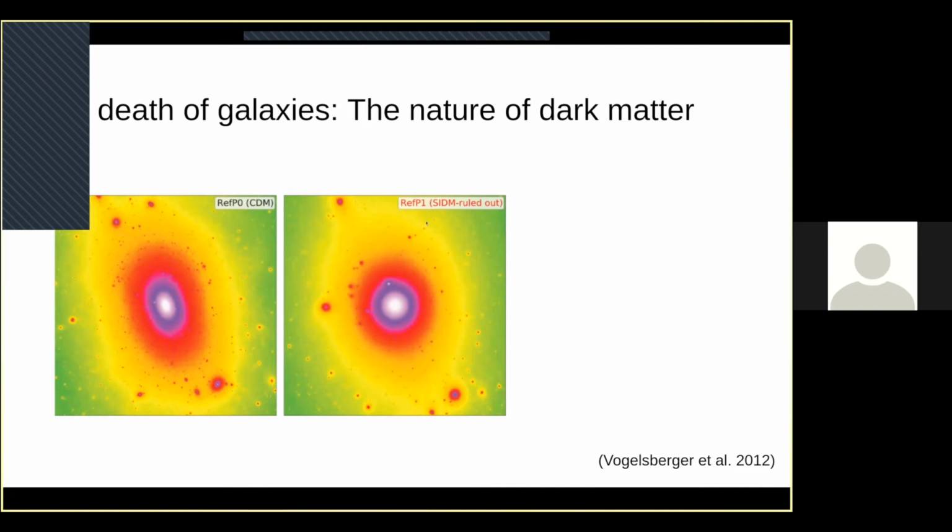But if you instead add this physics in, you see that the dark matter halo gets rounder, and that there are fewer little satellites floating around. And the reason is that when you've changed that physics, you've both A, made it harder to form small dark matter halos, and B, made it easier for them to get destroyed by a dark matter halo that they're orbiting.